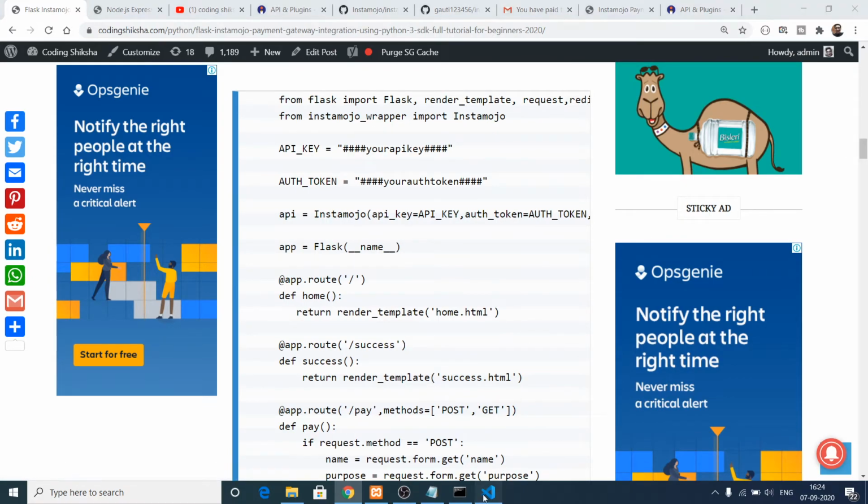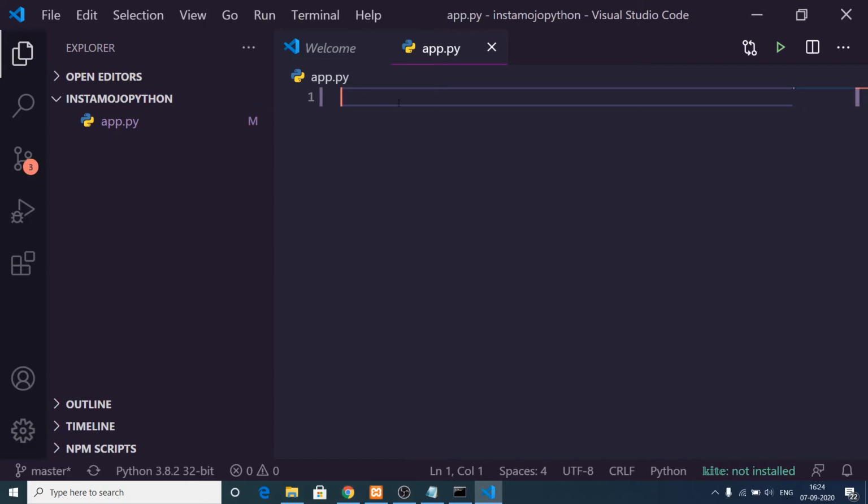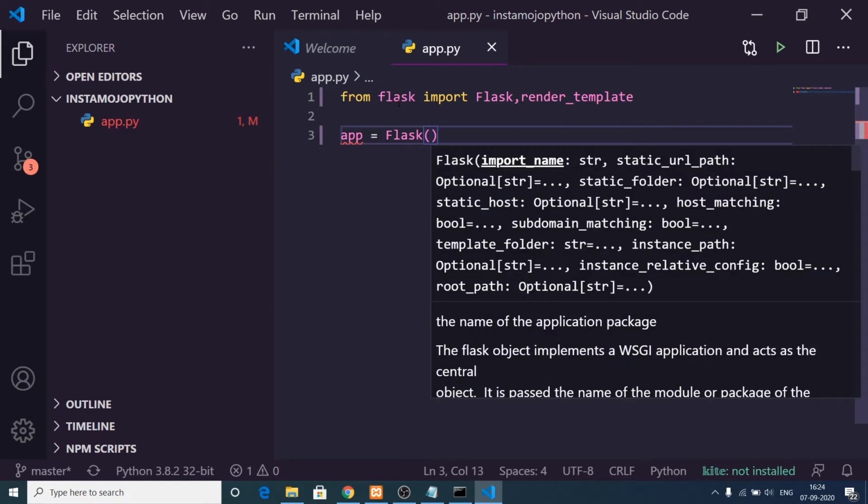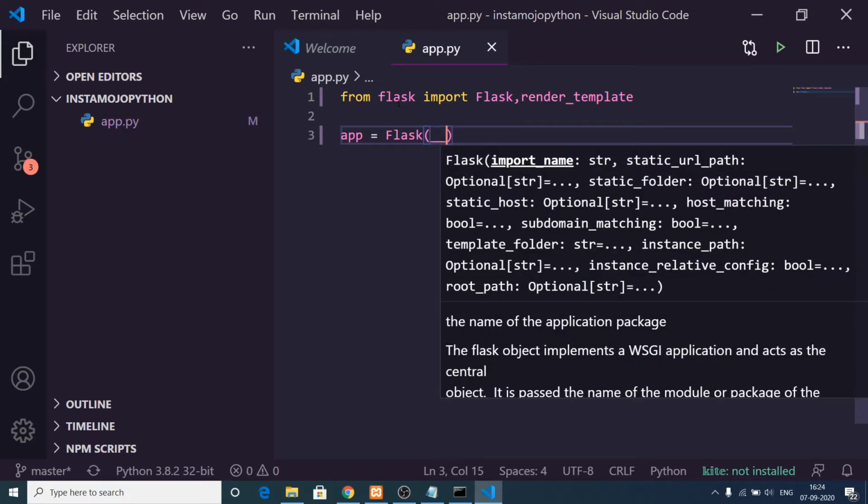Now after creating it inside your app.py file, first of all we need to import Flask. So from flask we need to import the base library, which is Flask, and also render_template, which will be useful for rendering the template. Then after that we can make a simple Flask app. So app is equal to Flask, and inside this we take our name parameter.